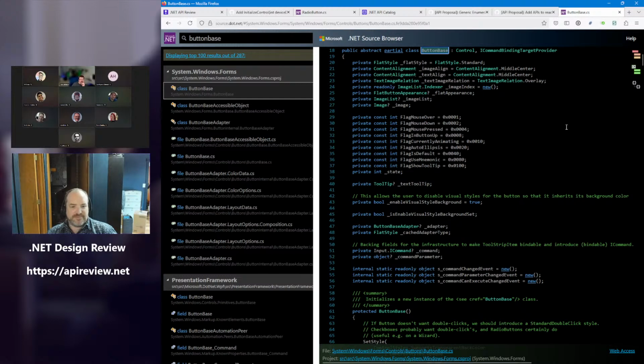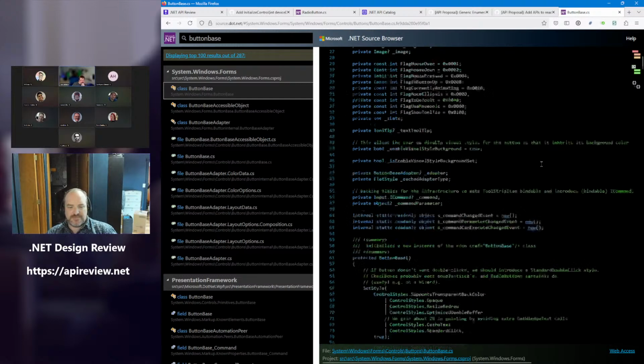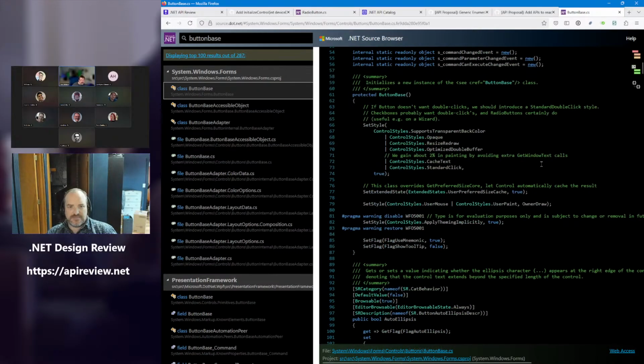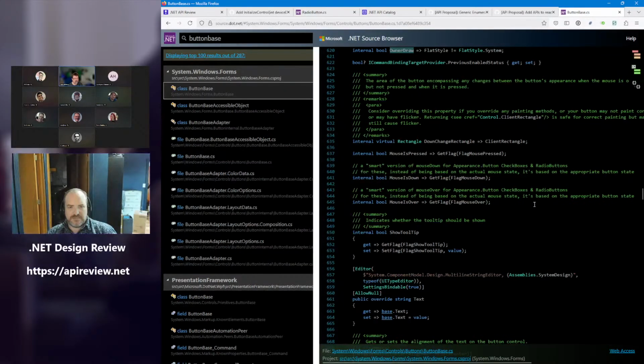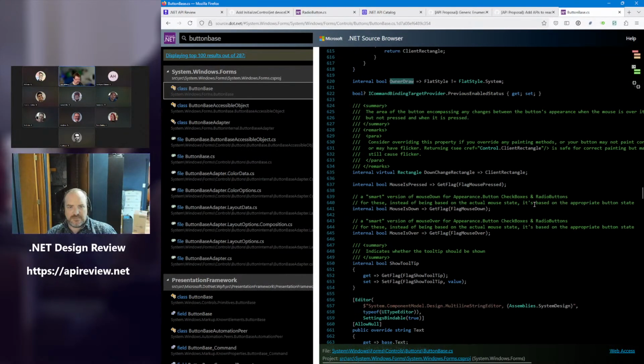Done. If you take a look at button base and scroll down a bit so that we see the constructor, in line 79 there's a set style in the constructor that calls a property owner draw. And if you click on owner draw to go to it, you will see that owner draw is